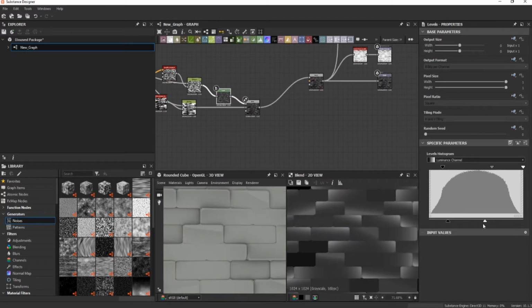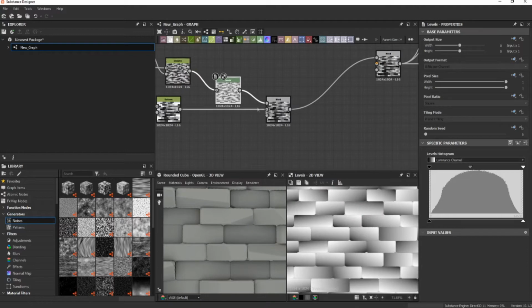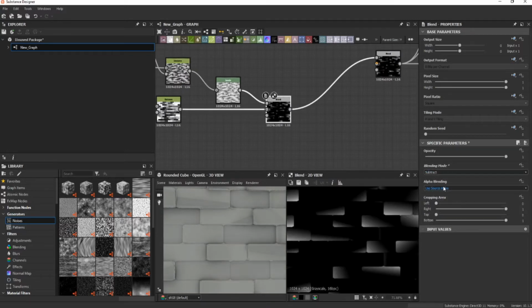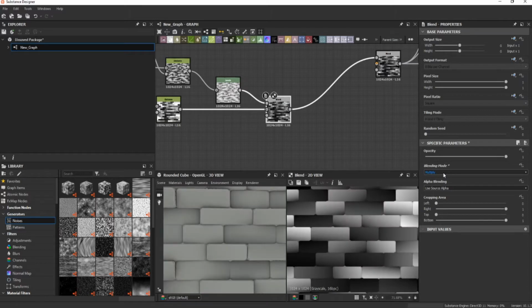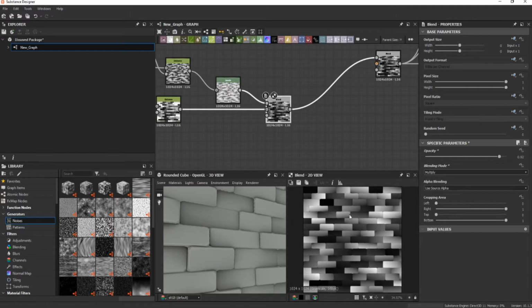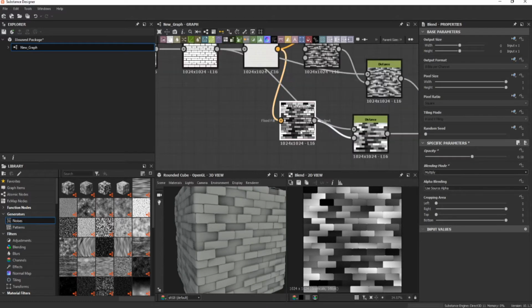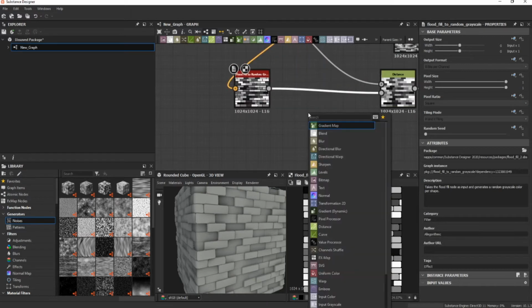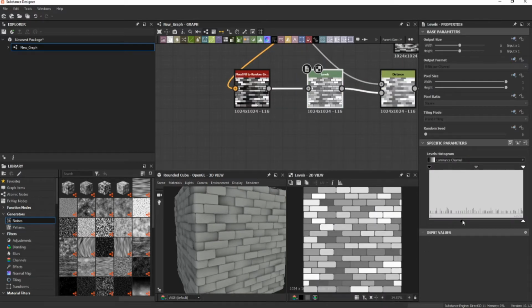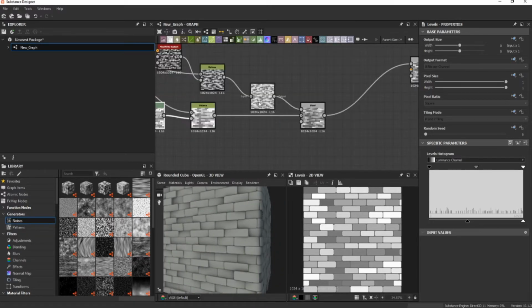Let me see. Instead of min darken, maybe I can just use the multiply. Should work well for this situation. And what will I do next? First, maybe I can just go back here and decrease a little bit this dark part into something like this,